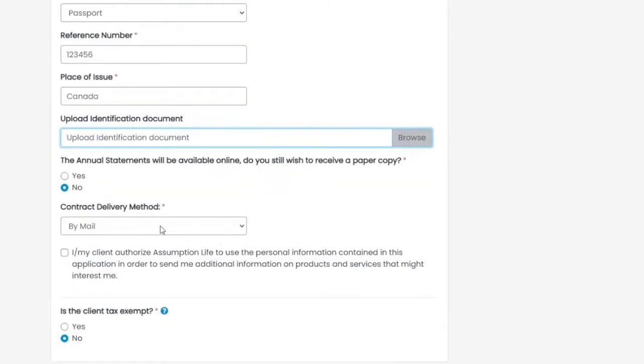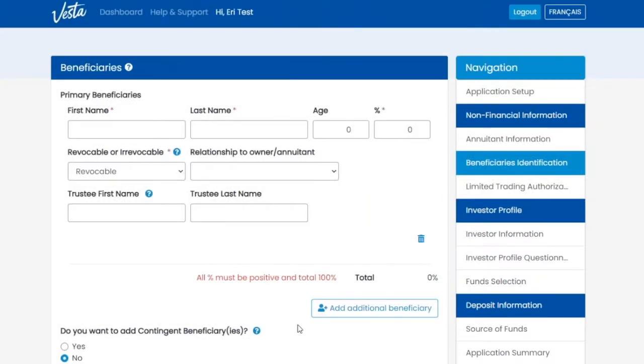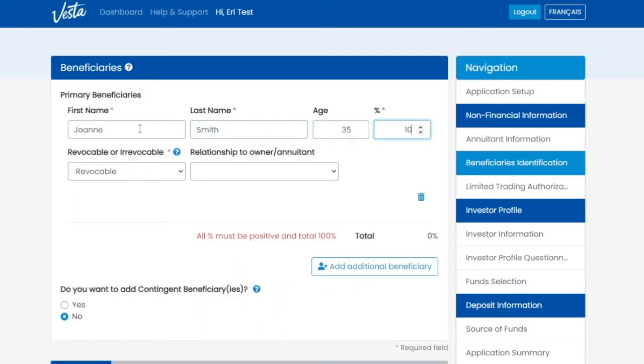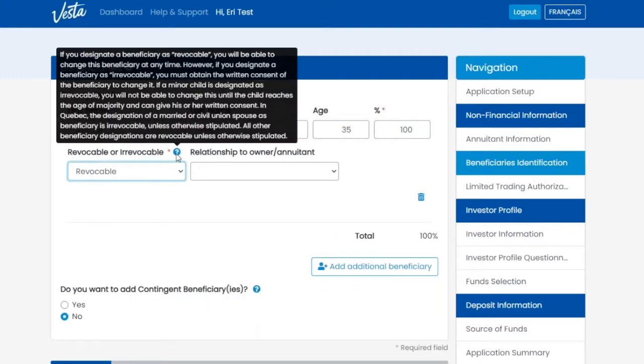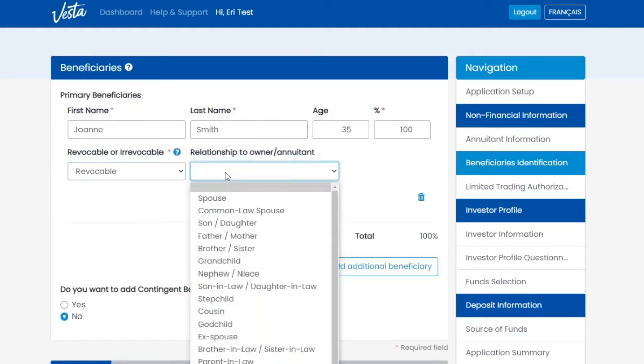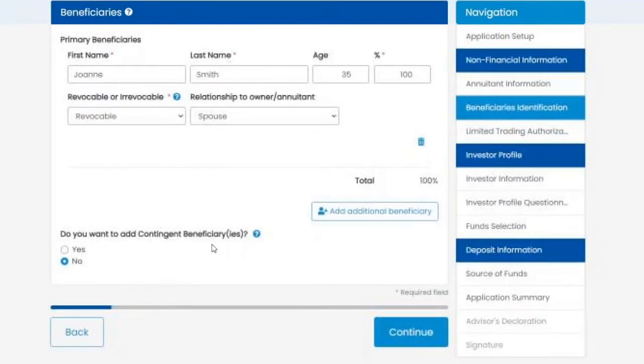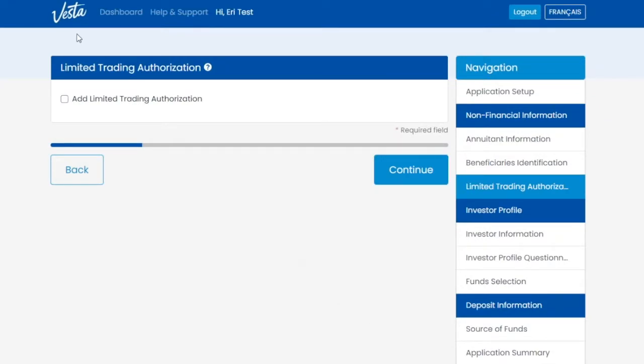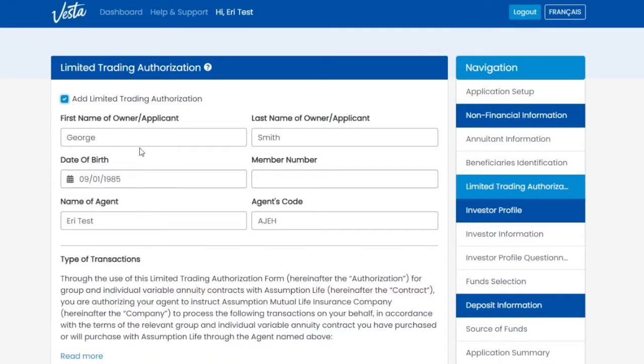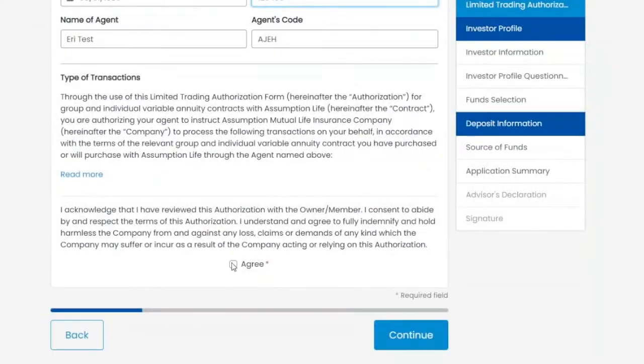Next, you'll assign your client's beneficiaries. You'll notice along the application process little blue question marks. These indicate helpful tips that you can share with your client. For instance, here we explain the differences between revocable and irrevocable beneficiaries. At this point, your client can also choose to add a limited trading authorization to their file, which means your client is authorizing you to work with Assumption Life on their behalf. If choosing this option, make sure to check off Agree before clicking Continue to proceed with the rest of the